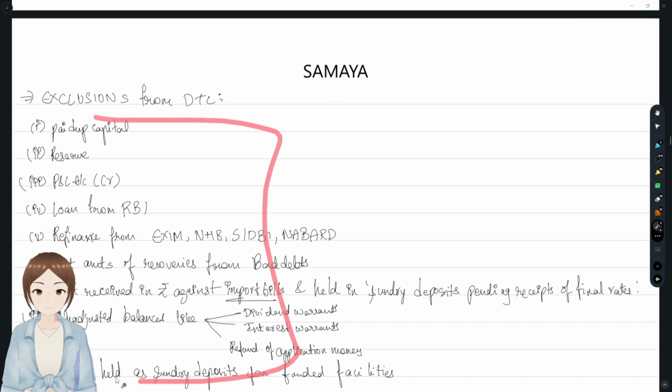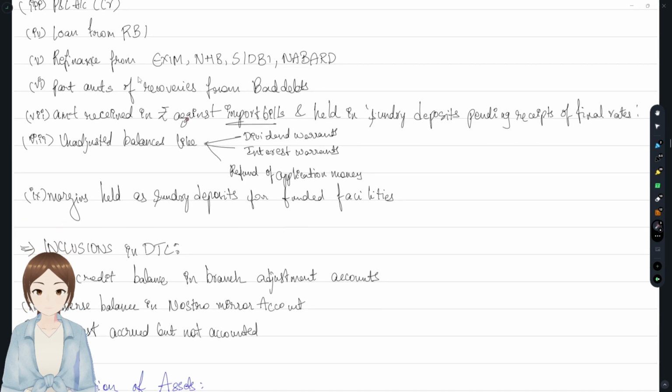These were the exclusions. What are all the exclusions? All the equity portion: paid up share capital, reserves, P&L account, and loans from RBI, and refinance from Exim, NHB, SIDBI, NABARD. And these are something you will have to take special interest to remember, that is part amounts of recoveries from bad debts, amount received in rupees, not in other currencies, against import bills and held in